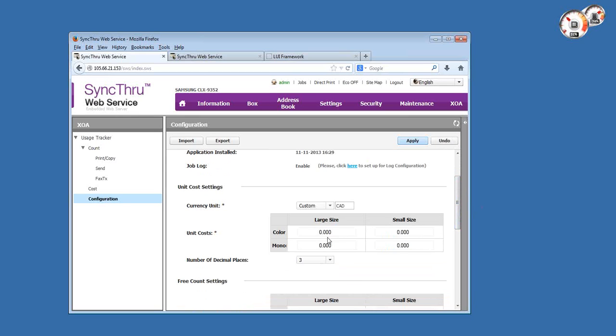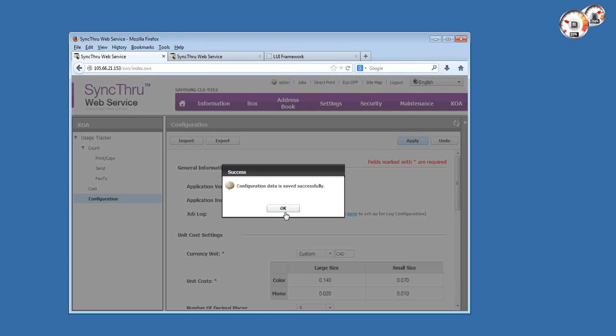And then you have to populate some figures for the cost per page. So let's say we want to charge 14 cents for a large 11 by 17 color page, and we want to charge 7 cents for a letter size color. And we also want to charge $2 per page and 1 cent per page, respectively, for mono. So once we did that,